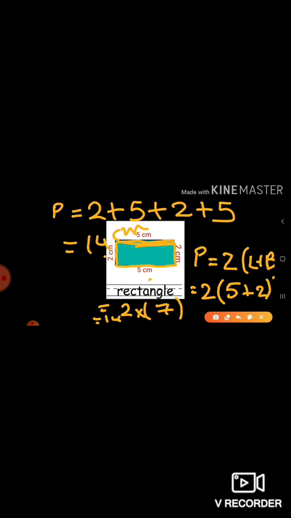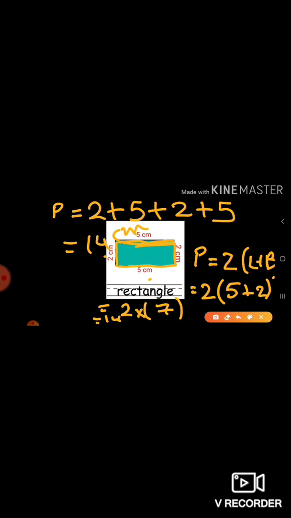So that means perimeter is equal to 2 into (L plus B). So you should never forget what is the perimeter of the rectangle. Have you understood what I am saying? So perimeter is equal to 2 into (L plus B). First you have to add the length and the breadth for the given values and then multiply the answer with the 2. So this is the perimeter of the rectangle.